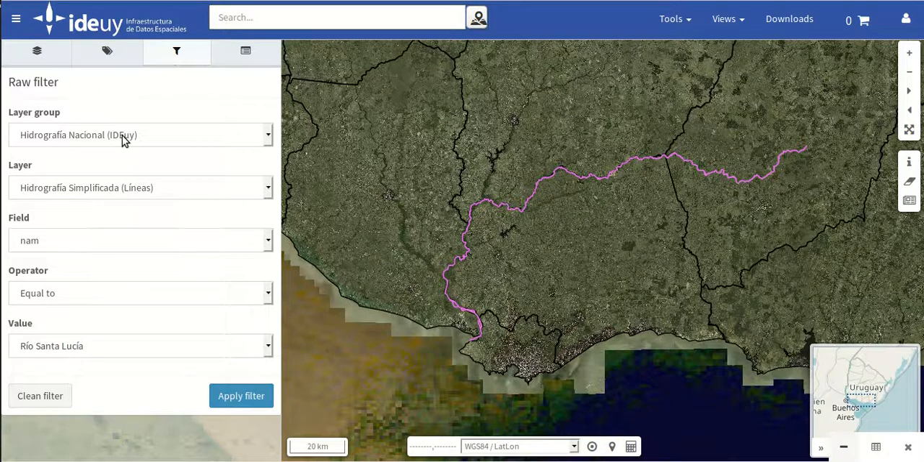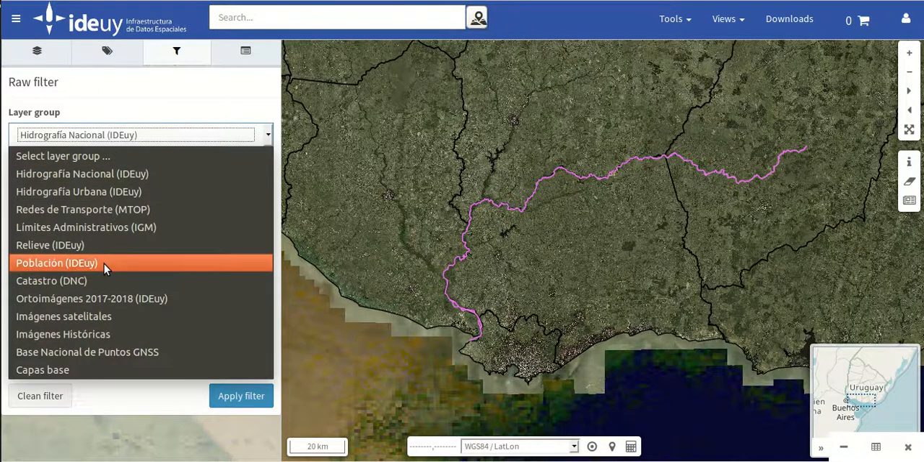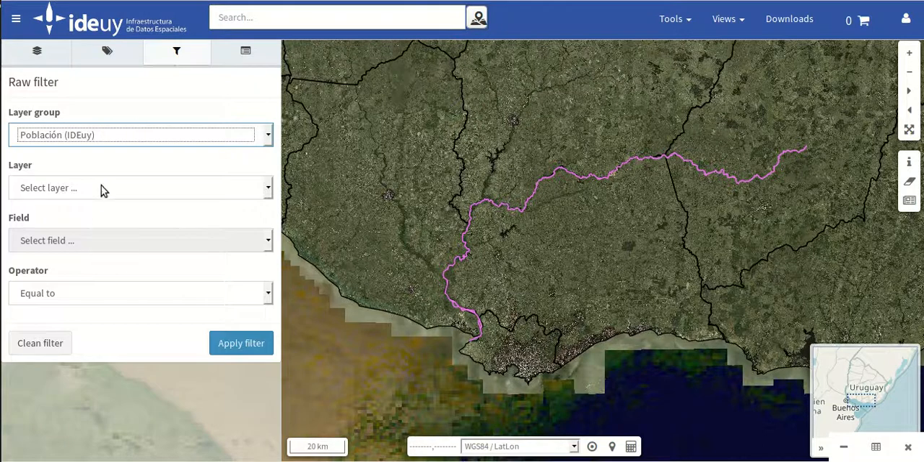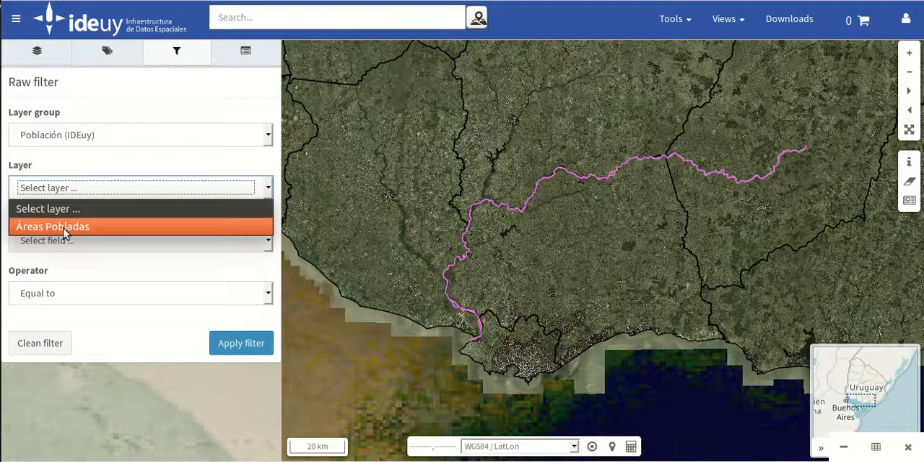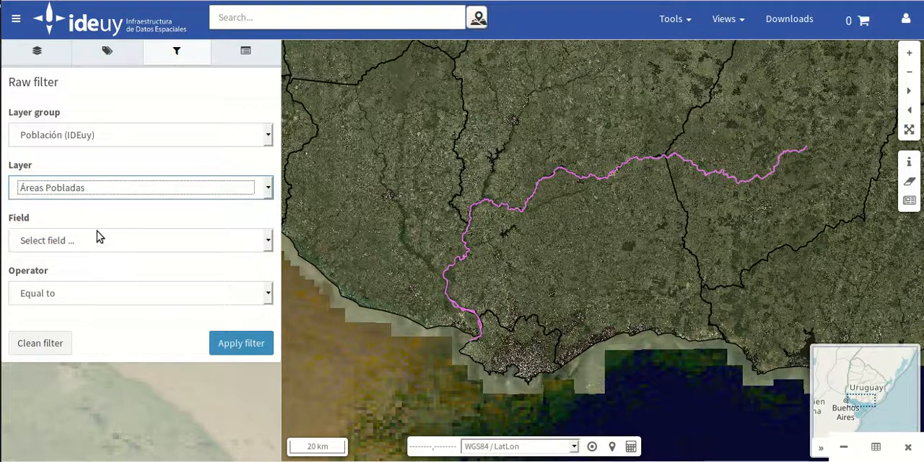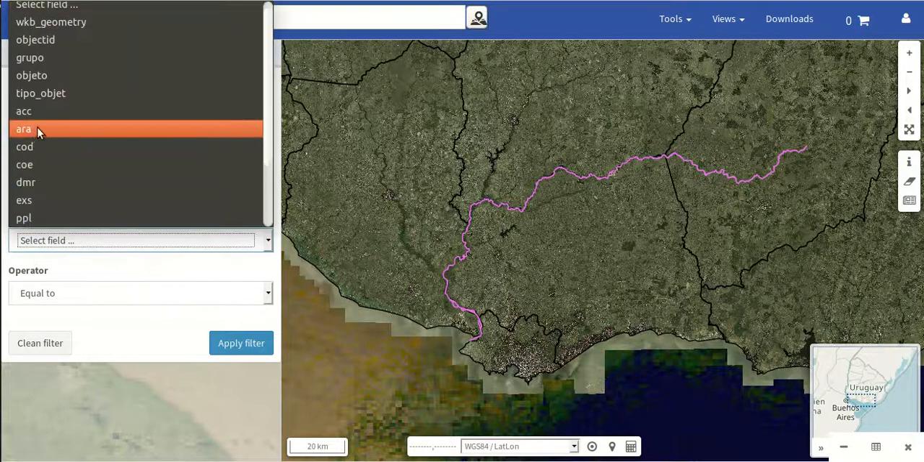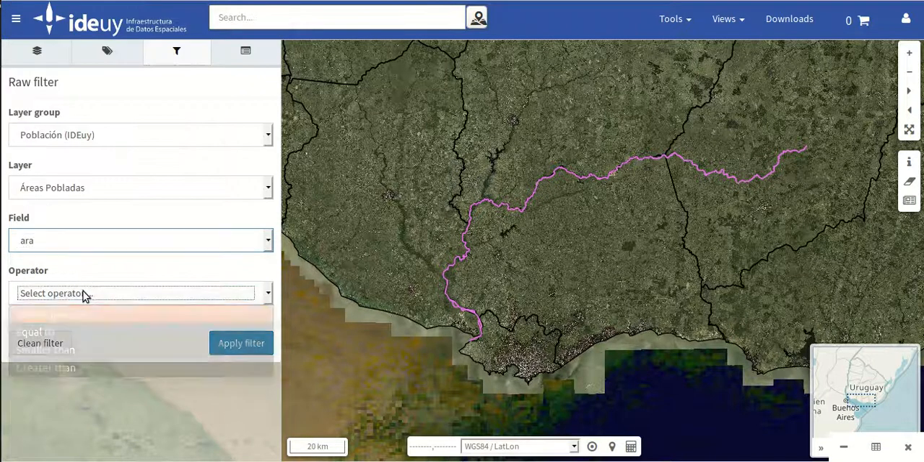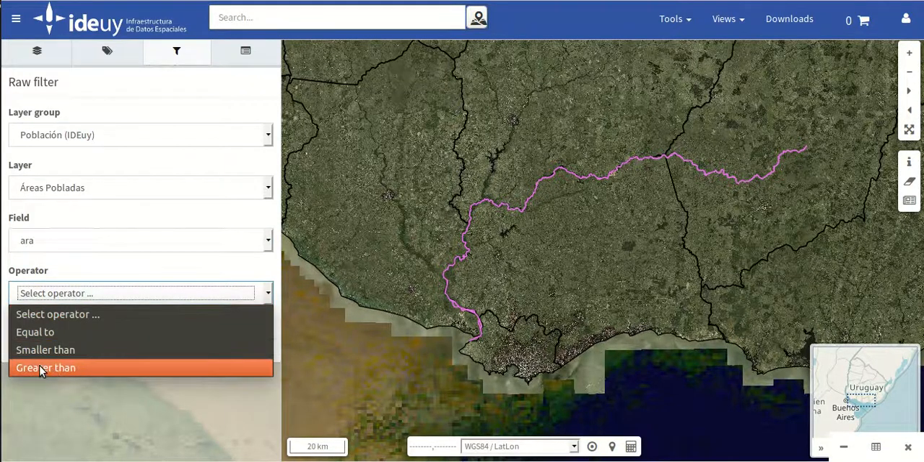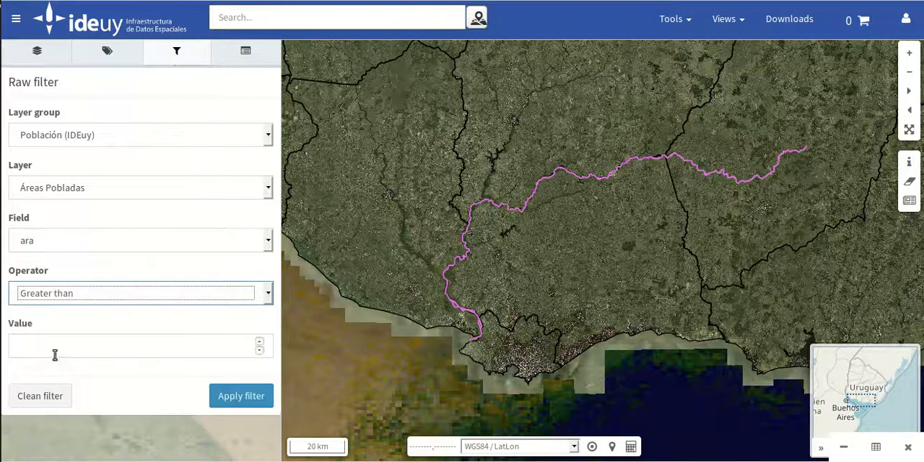And if we want to apply it to a numerical field, for example the population, we have the areas with population, this layer, and here we have a numerical field with the area, and now we have smaller or greater than. So for example, we are going to look for the areas with more than 3 million square meters. So if we apply the filter,